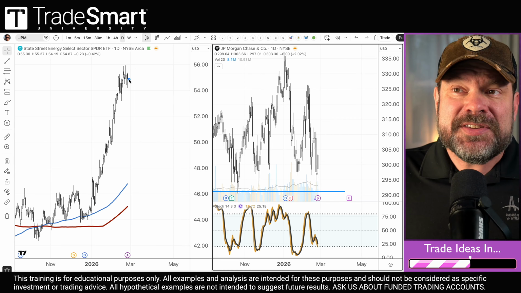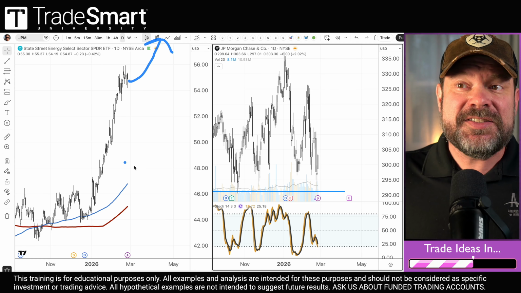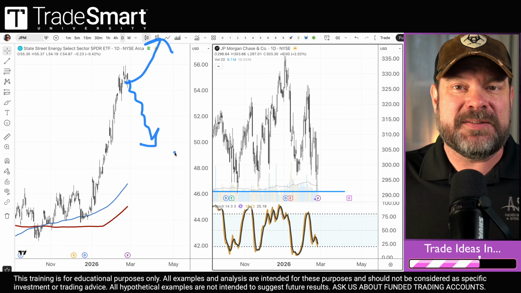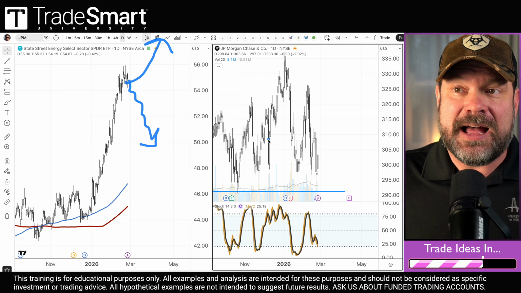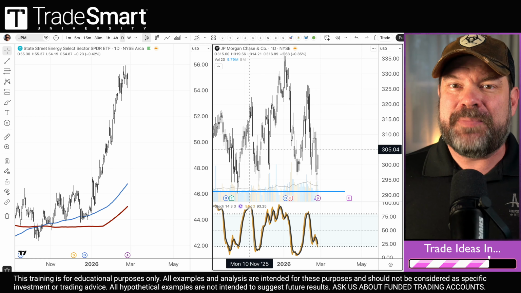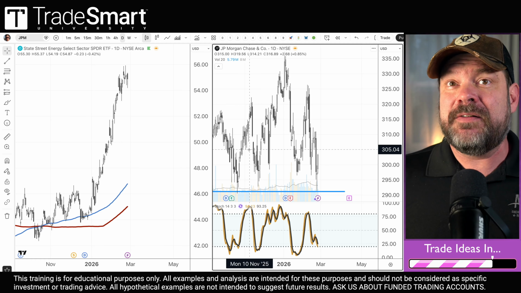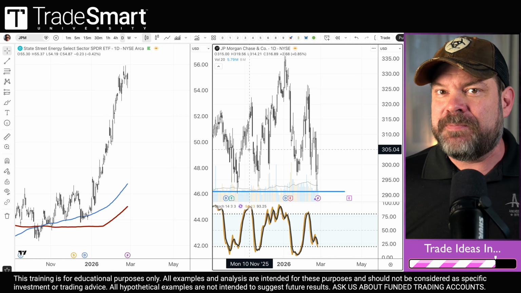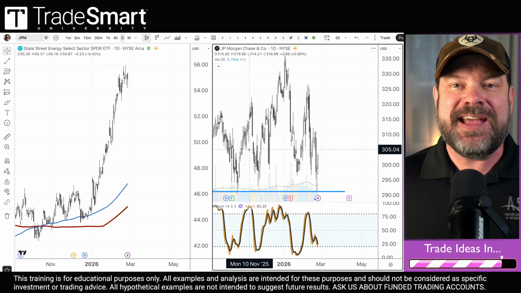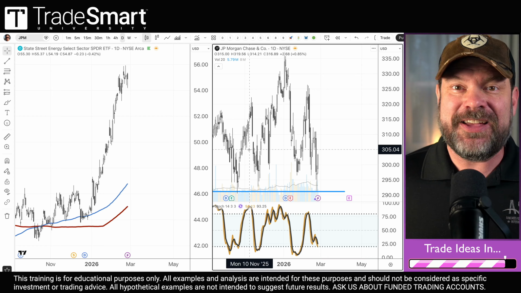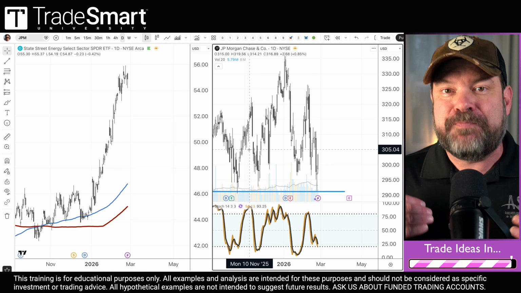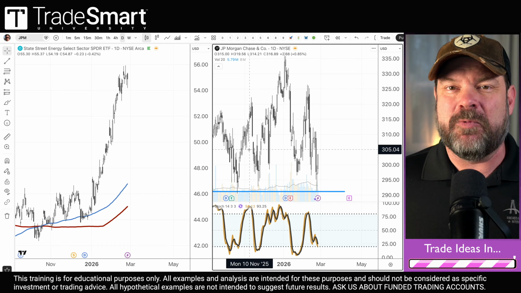But it's only a hypothesis that energy would continue on higher. This is so overbought. It's possible that this continues to reset even if the S&P 500 were to find some new highs. This idea of trading hedged is finding stocks that have a strong probability of a directional trade in and of themselves, but are balanced. You've got some that are bearish and some that are bullish. And that way, if the market does decide to go on a tear, one of your trades should really benefit and the other might struggle a little bit. The best case scenario is both trades work out exactly the way you wanted them to.